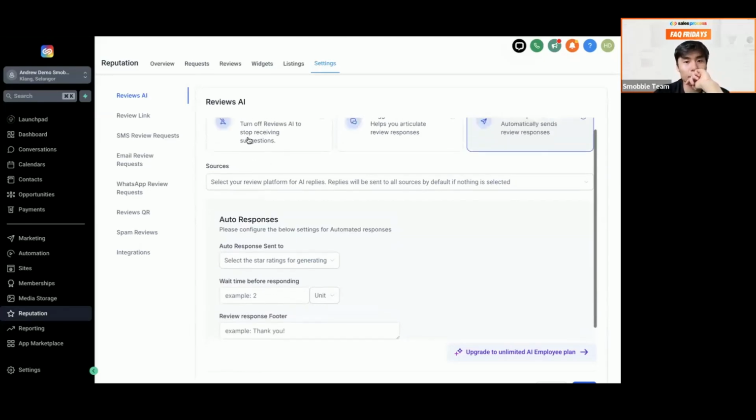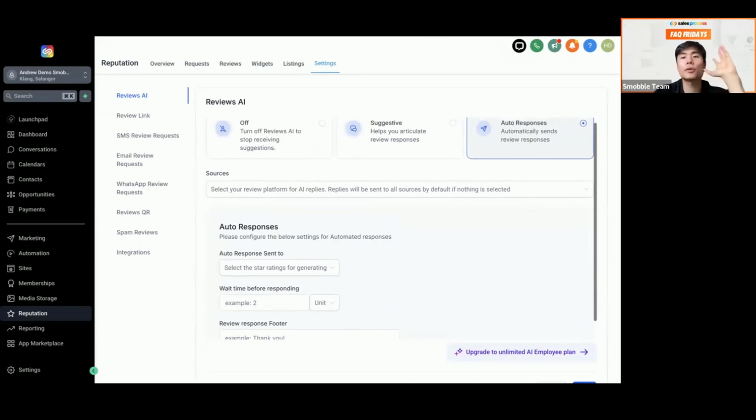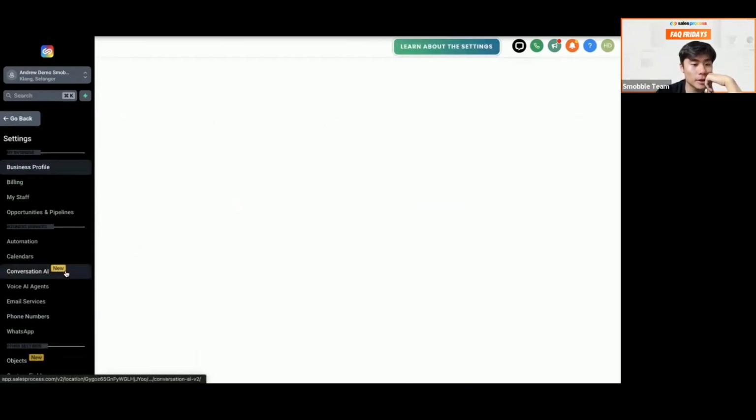perfect. Now, so far, do we have any questions regarding the SMS review request feature? Have you used it before? No? Perfect. Now, one thing I want to mention as well